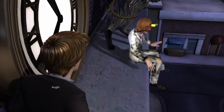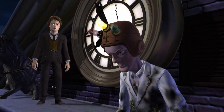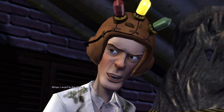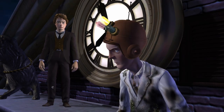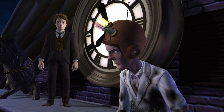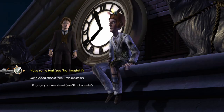Stop! What are you doing up here? Don't jump! I wasn't gonna jump. Then what do you... This is where I come when I want to think. Oh. When I want to be alone. Oh. What are you thinking about? Can't you take a hint? I don't want you here. I don't need you. You don't know what you need. And you do? As a matter of fact, yeah. You need...